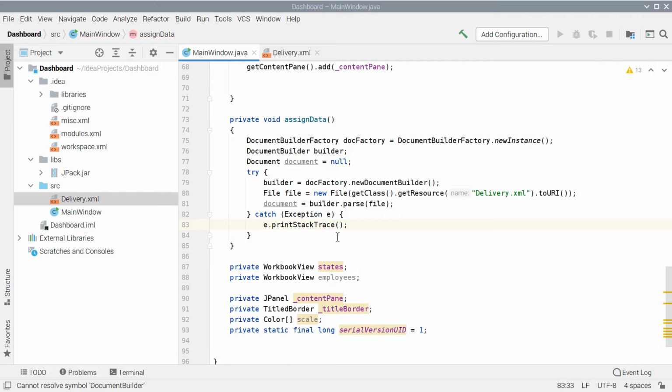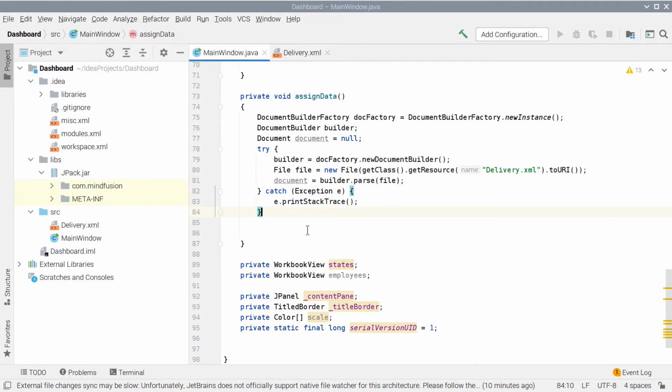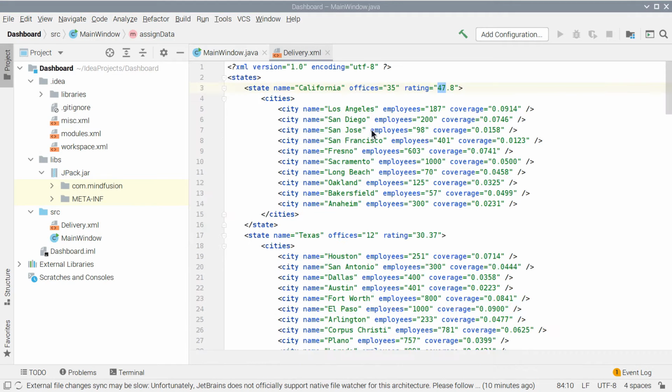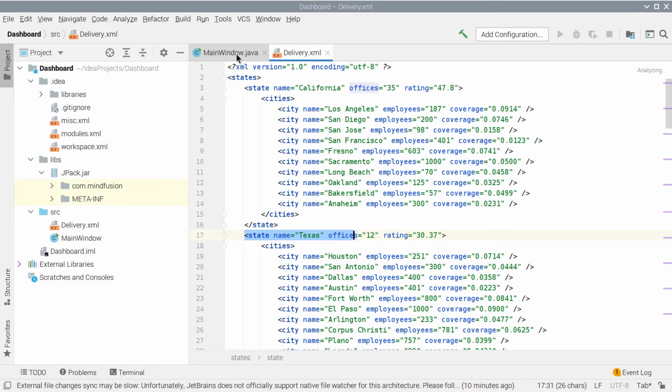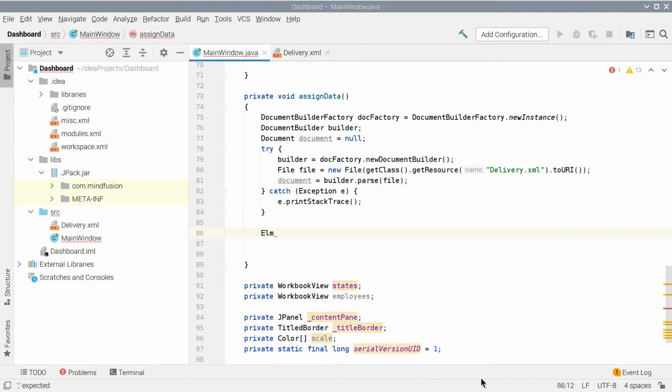Then we try to parse the file with an instance of the DocumentBuilder class. In the XML code, we have nodes called state with attributes. Let's get the root element of the XML from the document instance that stores the parsed XML file.